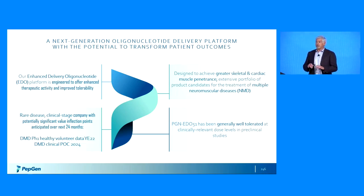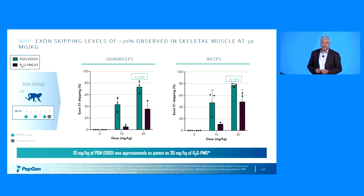I'll tell you that in terms of an overview, not only have we developed an approach that we believe allows terrific delivery of the therapeutic oligonucleotide, but it's very safe and well tolerated as well. I'm going to show you just 2 preclinical data slides. Now, we've done a lot of work in mouse models of Duchenne muscular dystrophy and have been able to show great exon skipping, great dystrophin restoration, but unfortunately, the mouse models have not shown to be terribly predictive of efficacy